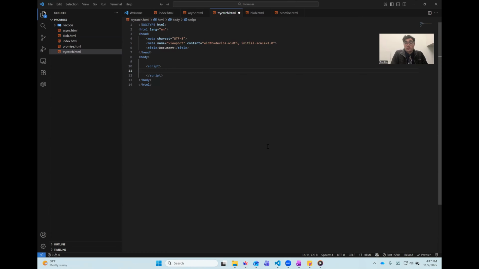What it does is it tries to run a certain amount of code, and then if it can't, it does something else instead. So, for example, if I console.log, and I said, let's console.log myval.toString. You can see I've never even defined myval. So I'm trying to turn something into a string that doesn't even exist, and then I'm trying to log it. So if I save it and I come over here, I get an error, and it says myval is